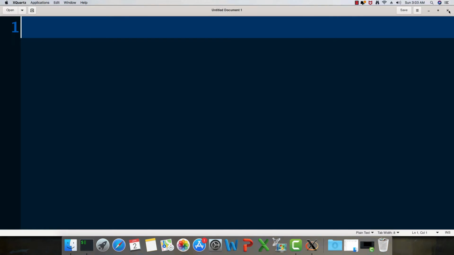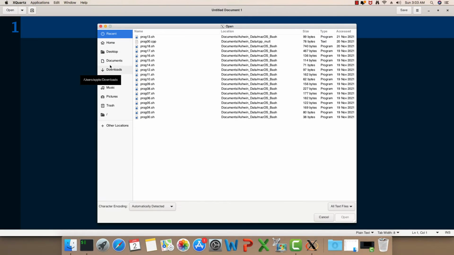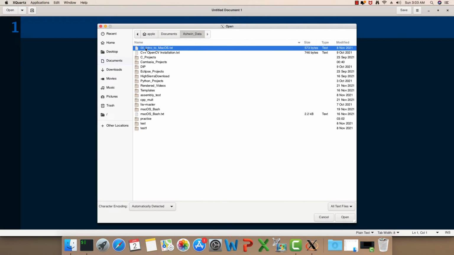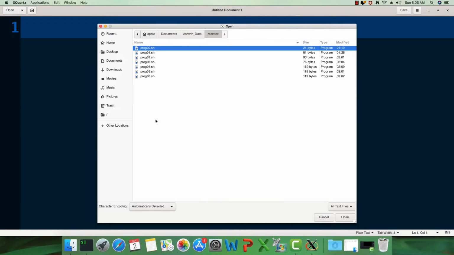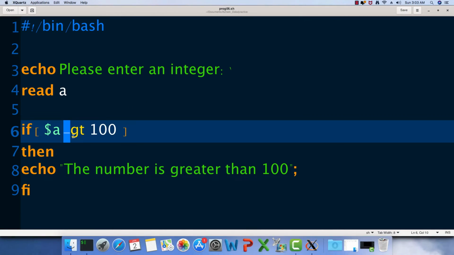So I will just close it, or I should actually open that file. I will go to documents, Ashwin data, practice, 06.sh. We had saved that file with another name.